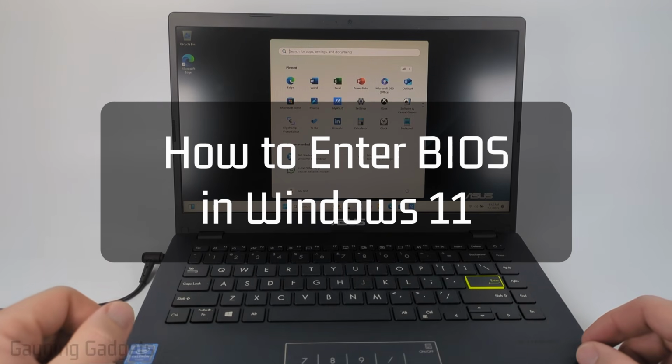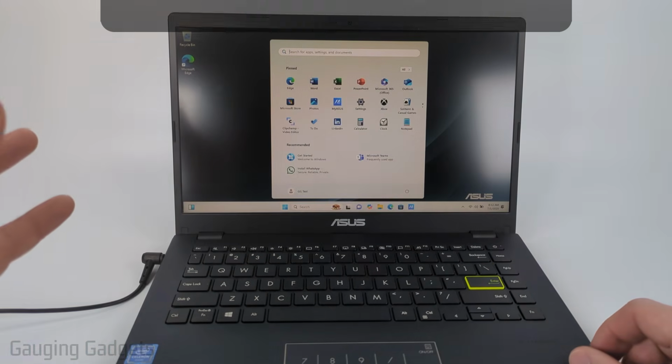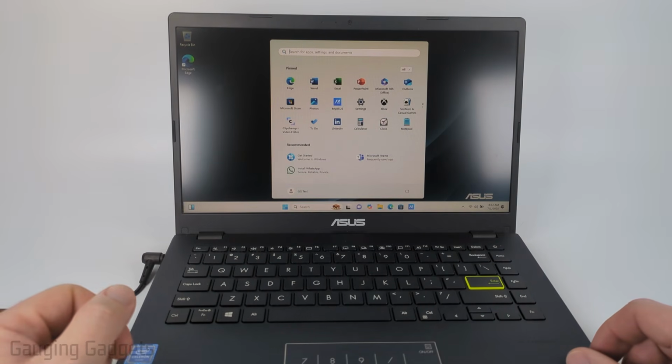How to enter BIOS in Windows 11. In this video, I'm going to show you how to easily enter the BIOS on your Windows 11 PC or